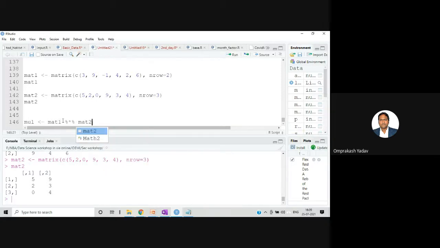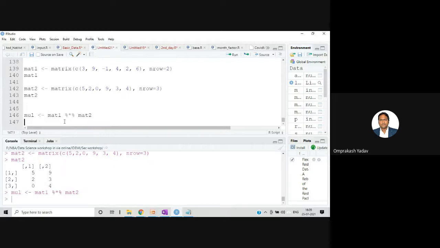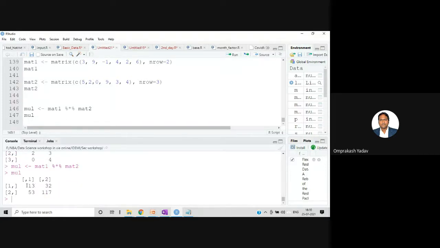This is the symbol for actually multiplying two matrices, but the requirement is that the number of columns of the first matrix must be equal to the number of rows of the second matrix. Let's display mul. Now this is the real multiplication. The dimension is the number of rows of the first matrix by the number of columns of the second, so it is a 2 by 2 matrix.